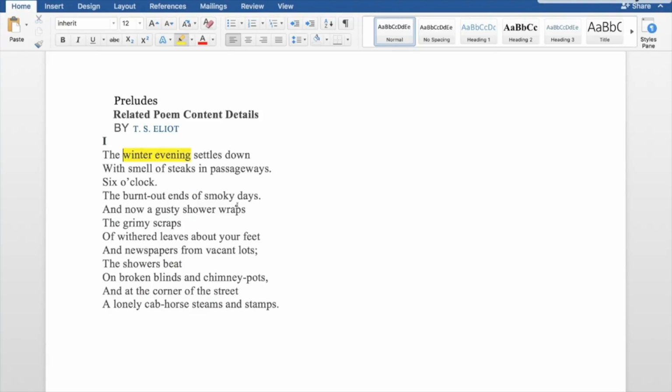"The burnt out ends of smoky days, and now a gusty shower wraps the grimy scraps of withered leaves about your feet and newspapers from vacant lots. The shower beats on broken blinds and chimney pots, and at the corner of the street, a lonely cab horse steams and stamps." So here,